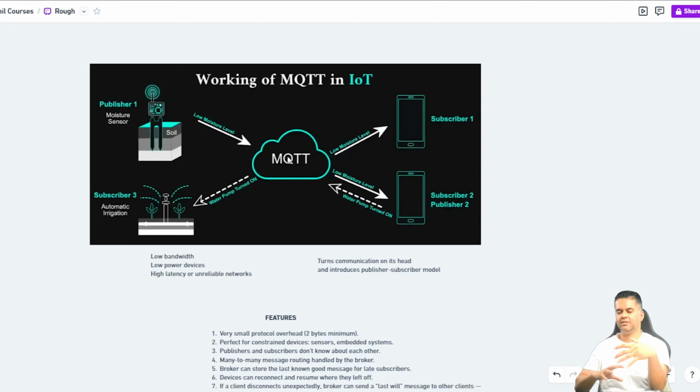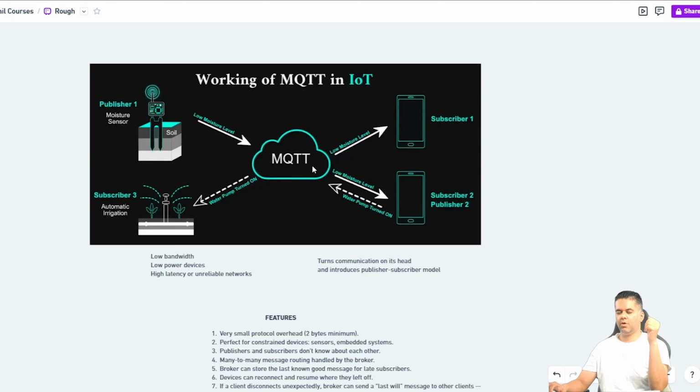Right now in factories or water plants or electrical grids, there are hundreds of devices which help you monitor each part of the machinery. Similarly, there are IoT devices which help with automatic irrigation and so on. So imagine this device wants to send that this soil has low moisture level, and the subscriber, which is a mobile phone user, the farmer, can take a decision whether to switch on the irrigation or not. So the irrigation can be switched on automatically or can be switched on by the farmer. This switches on a water sprinkler and the soil moisture level can go up. And all of this automation is done with the help of IoT devices and something called the MQTT protocol.